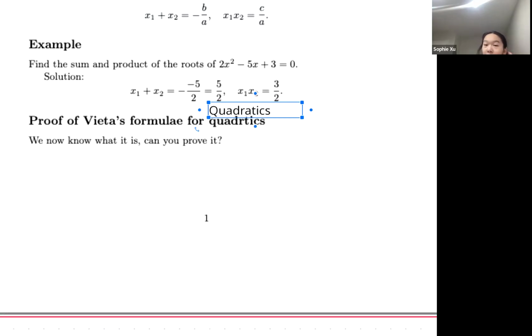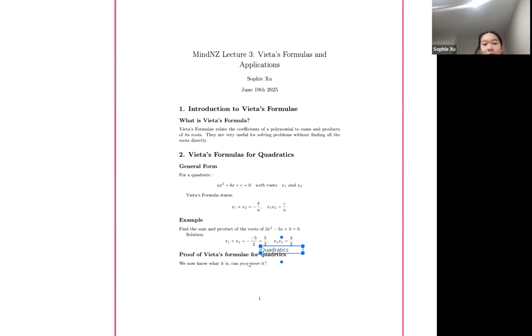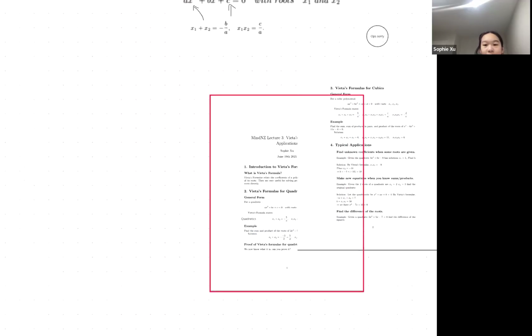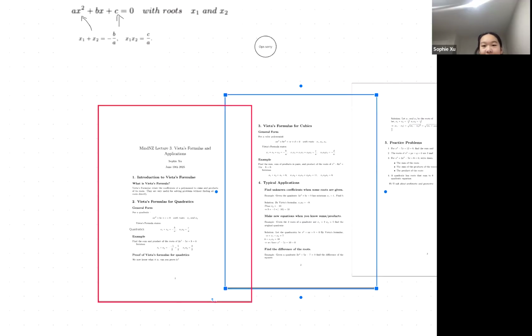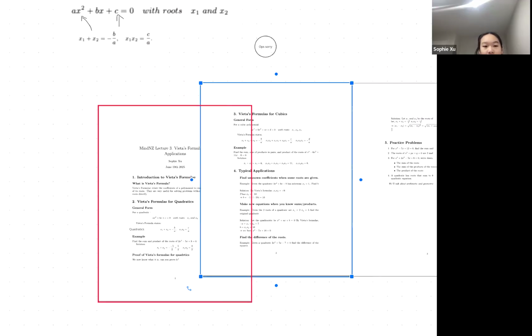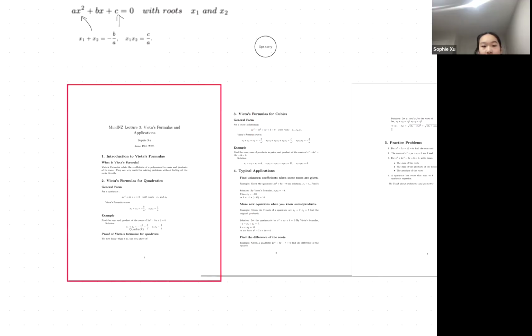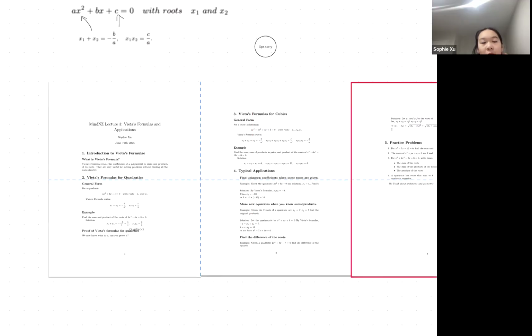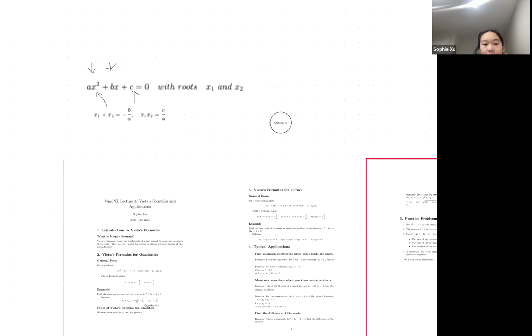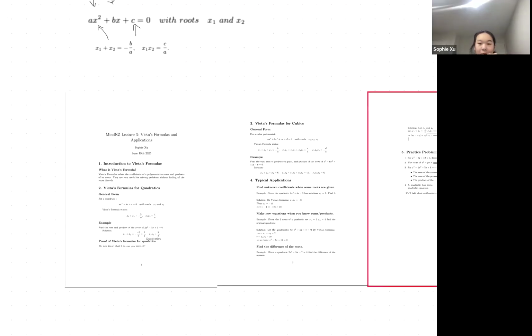Okay, does anyone want to give it a go? Anyone, just unmute if you want to try or type it in chat. Okay, so